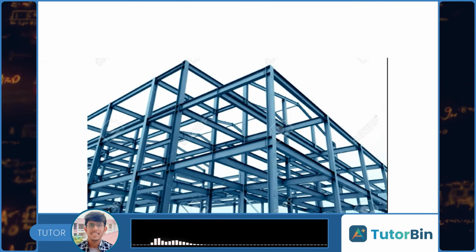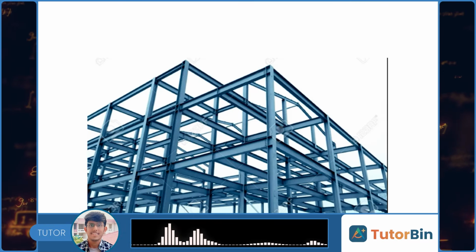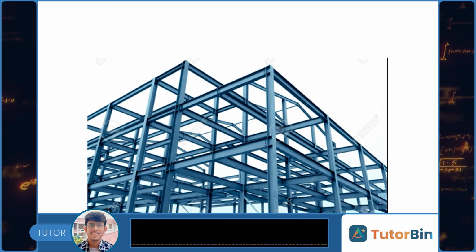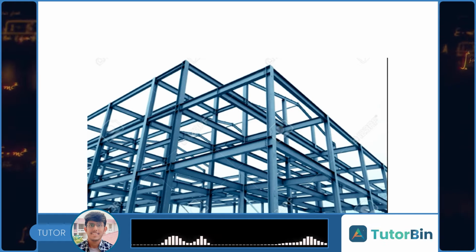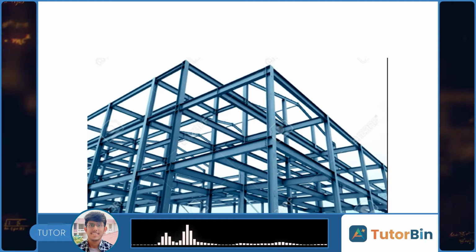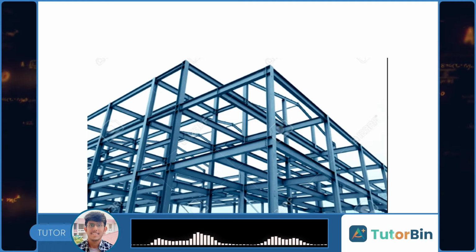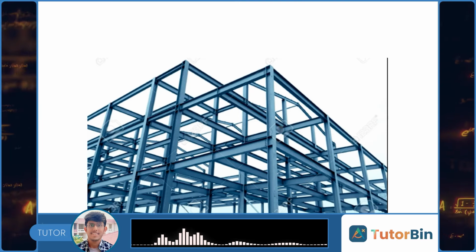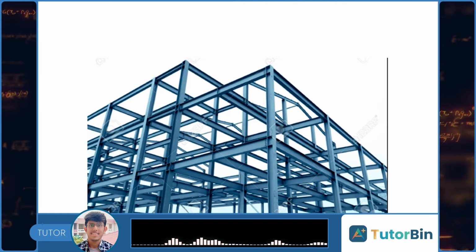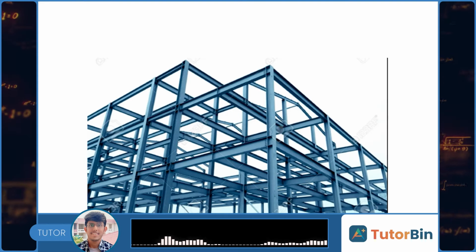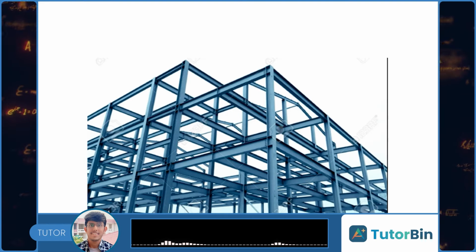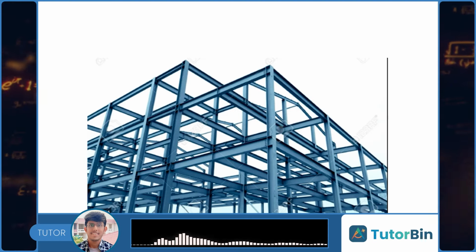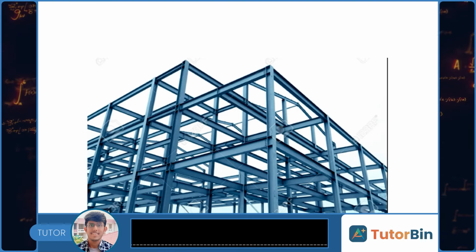When we are doing something, then we know why we are doing this. So let's first understand why we need to understand structure analysis. If we want to calculate how much load is coming onto the building, whether that specific structure design will be able to withstand that load or not. With the help of structure analysis, we can ensure that the structure can withstand the various types of forces and the load that it will encounter during its normal operation.